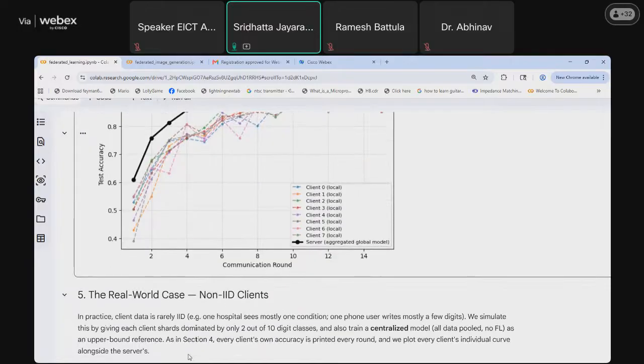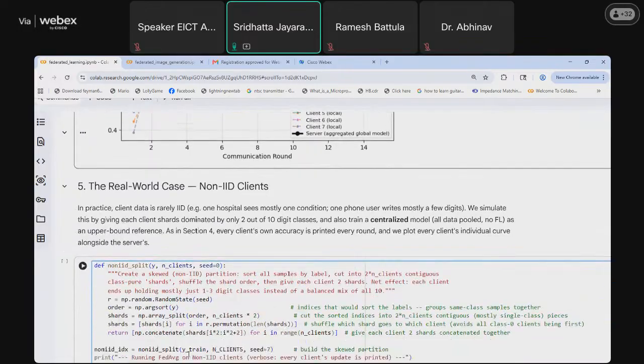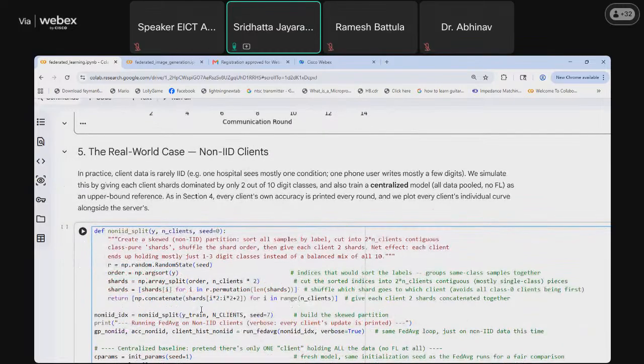So now coming on to the real world case. In the actual scenario, there will not always be IID clients available, because the clients may have certain skewed data.